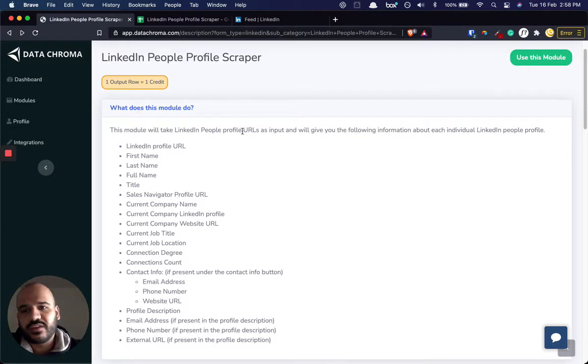And if you're running cold email campaigns, you've gotten the email address by this process, and you would not need to go ahead and look for some other software like Snov.io or Find That Lead to find that person's email. So let's go ahead and set up this module. I'm gonna click on use this module,